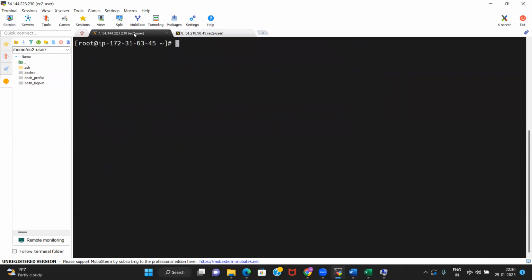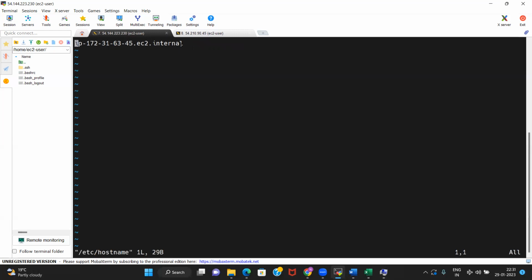Now, one quick thing that we are going to do: this name is giving the private IP of this server, and with this name it is not clear whether this is the Jenkins server or not. So vi /etc/hostname, and this is the server name.